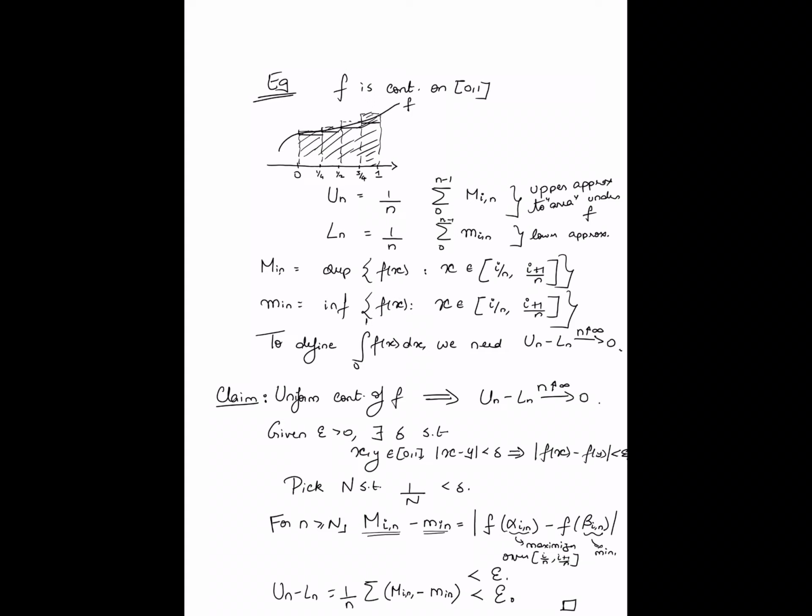Why? Because for any epsilon greater than 0, I have picked a capital N such that for all n greater than capital N, un minus ln is in fact less than epsilon, which in fact implies that the difference between un and ln goes to 0 as n goes to infinity. Okay, so at this point, all I need you to understand is, given that un and ln are defined the way they are, uniform continuity implies that the gap between un and ln goes to 0 as n goes to infinity, right? We will have a lot more to say about upper and lower approximations to the area under f, and therefore the precise definition of the integral going further in the course.